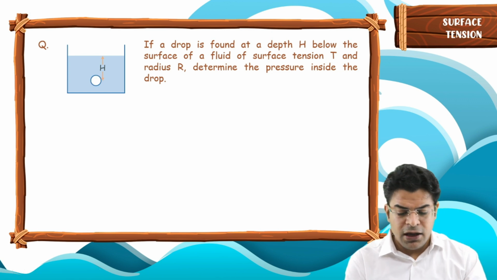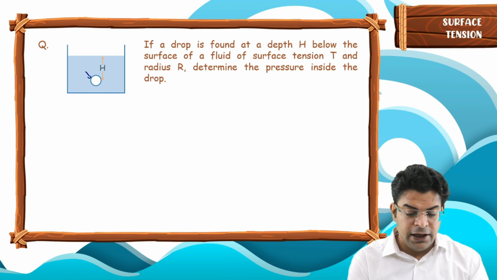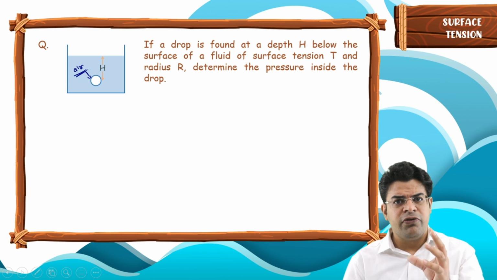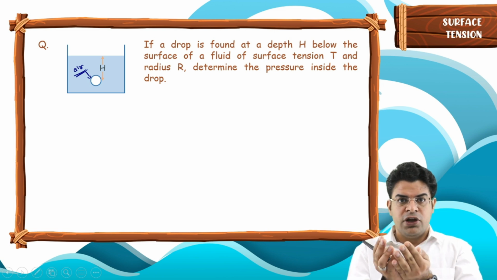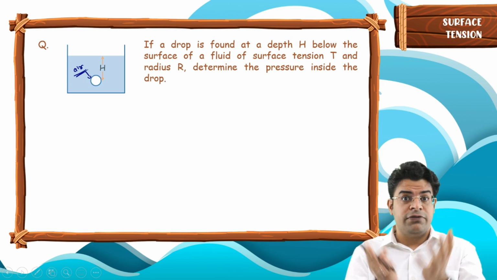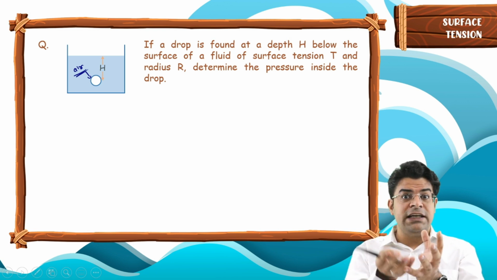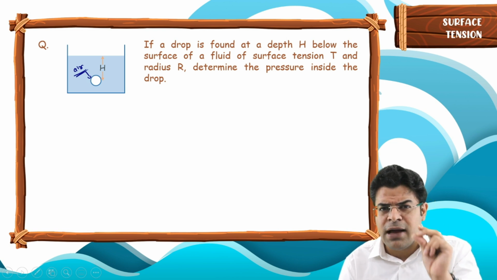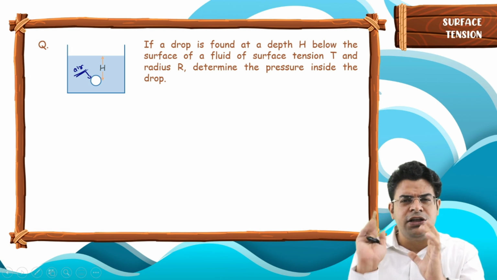Now sir, why are you calling it a drop? Why not bubble? Because this is a drop of air trapped in a fluid. What is the difference between a drop of air trapped in the fluid and a bubble? In the case of a drop of air, we have only a single surface. In case of a bubble, we have got two surfaces. So if we have a soap bubble in air, it has got two surfaces, inside surface as well as outside surface. But if we have a drop of air trapped in a fluid, it has got only one surface. Inside there is air, outside there is fluid.